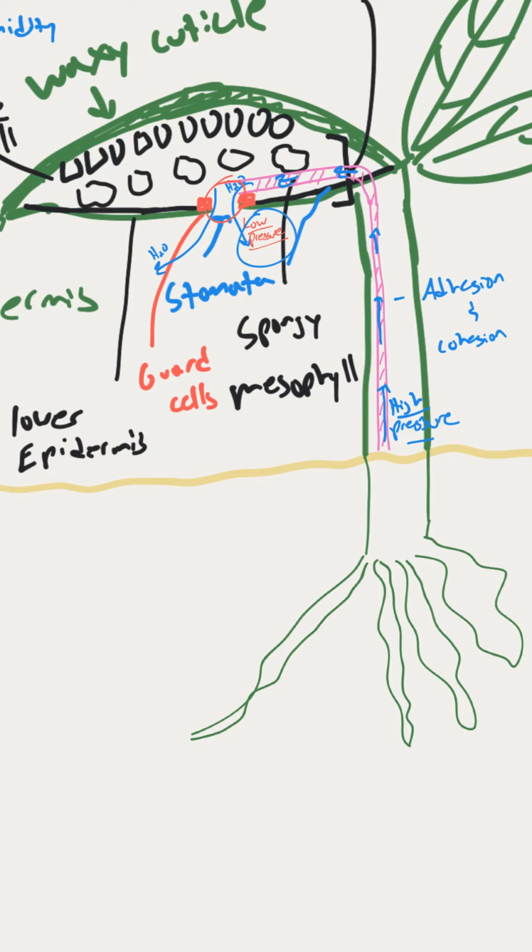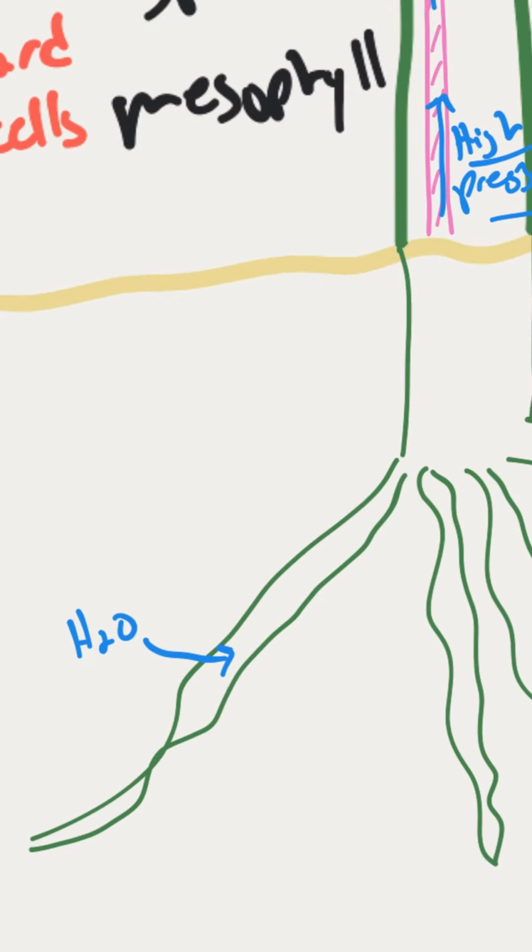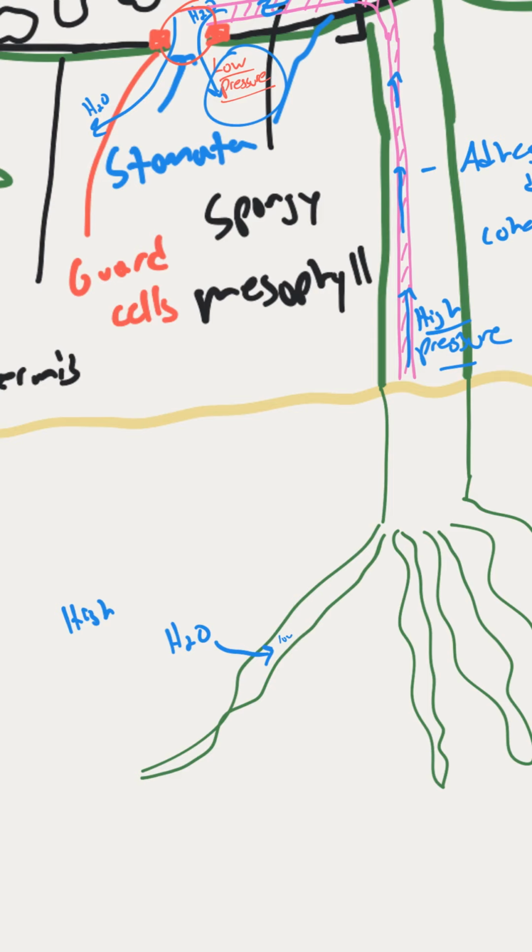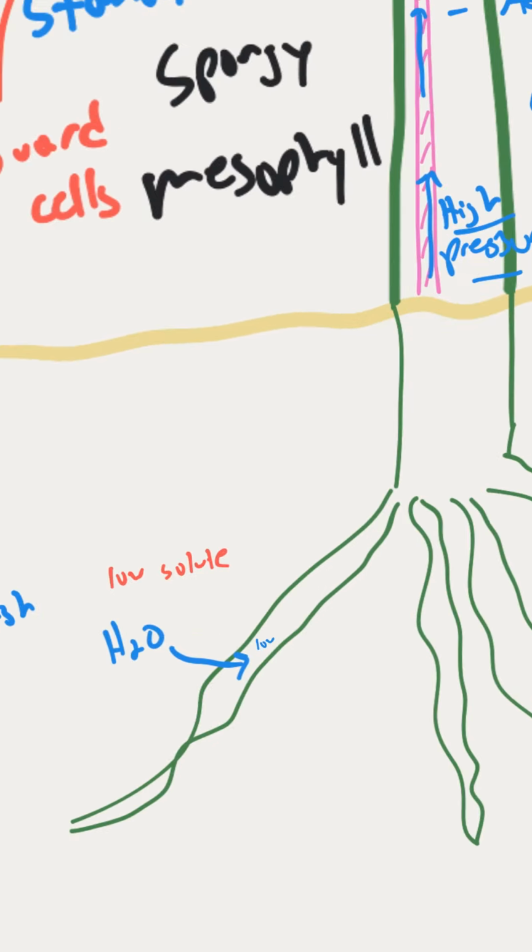So the water is going to diffuse within the roots. And what it's doing is it's moving through osmosis from an area of high water concentration to low water concentration within the root system. And this is relative to the soil to the root system. And so you could say it's moving through osmosis from a low solute concentration to high solute. So we have lots of water outside, so we have low solute. We have high solute